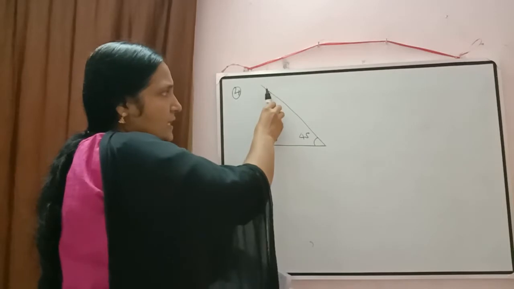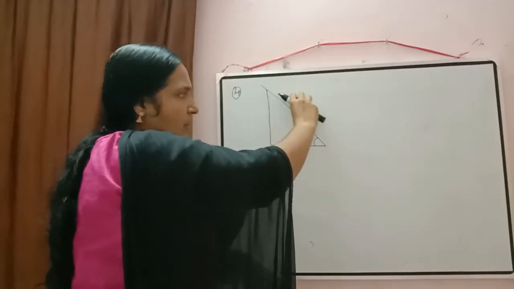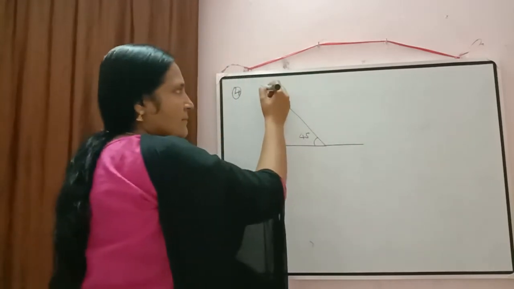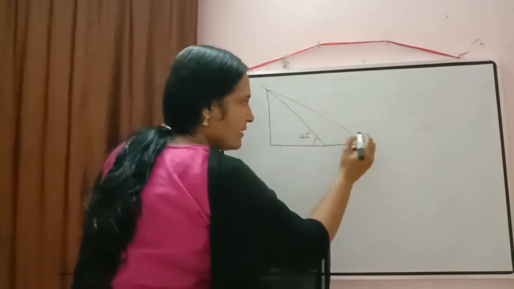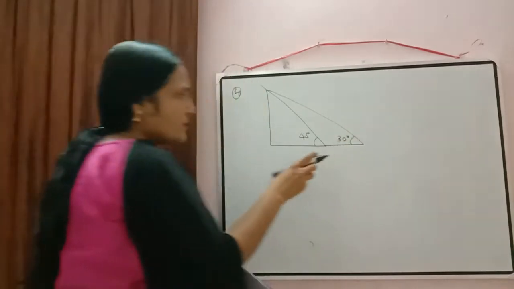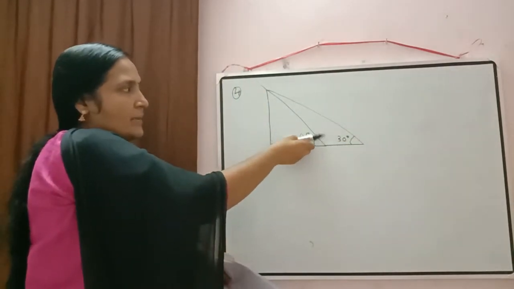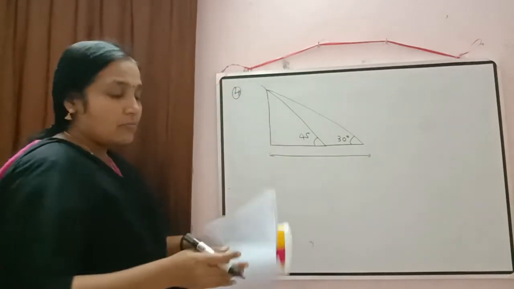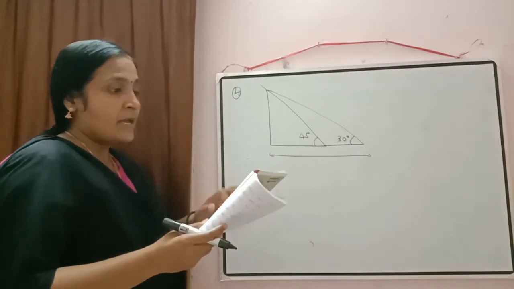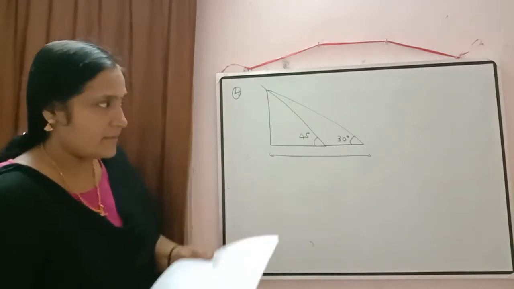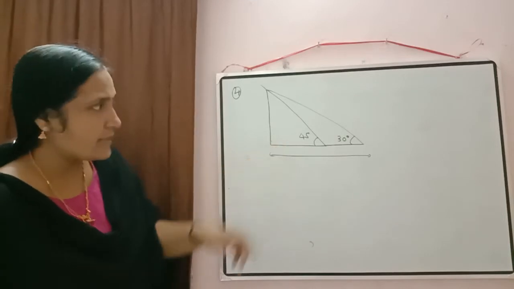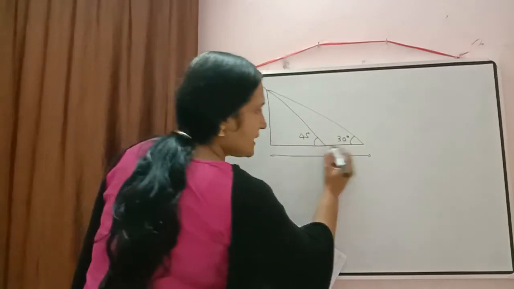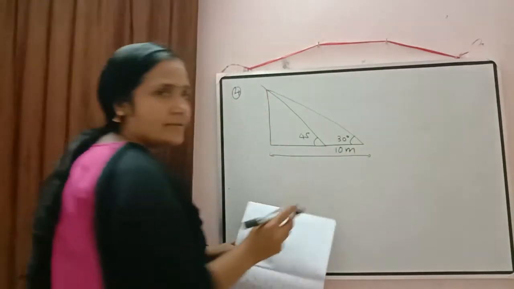Now when the altitude changes from 45 degree to 30 degree, 30 degree obviously will go this side. So 30 degree here. Then obviously first this was the shadow. Now what will be the length of the shadow? This total length is the length of the shadow. So how much increase is there in the length? The length increased by 10 meter. So this was the original shadow, and when we change the angle, it increases by 10 meter. So this increase is 10 meter, that is given.